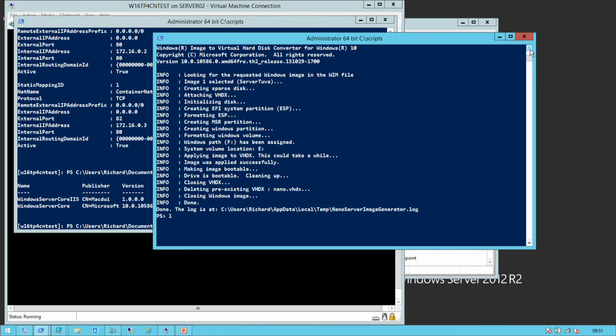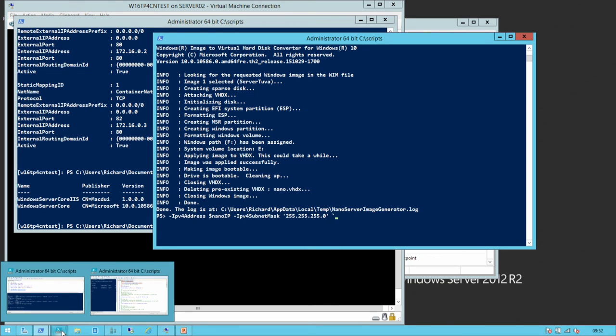So Nano server, as you saw yesterday, is a very, very small footprint Windows server. You saw earlier on how quick it is to create a Nano server machine. So how many people weren't in the first session? Okay, this is worth doing again then. To create a Nano server machine,